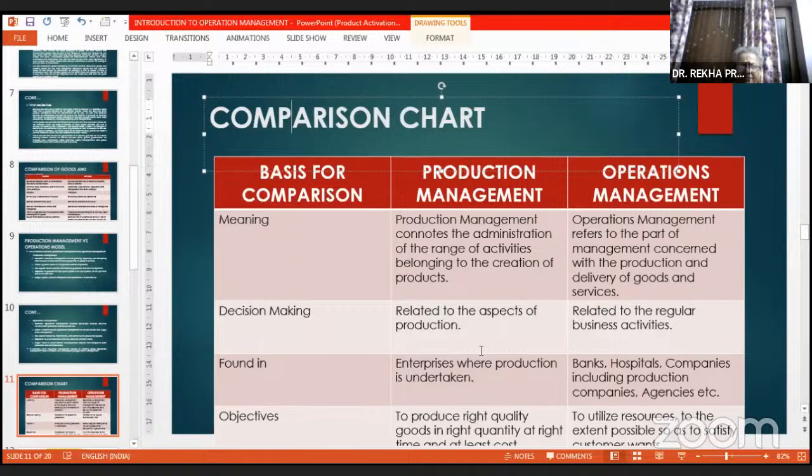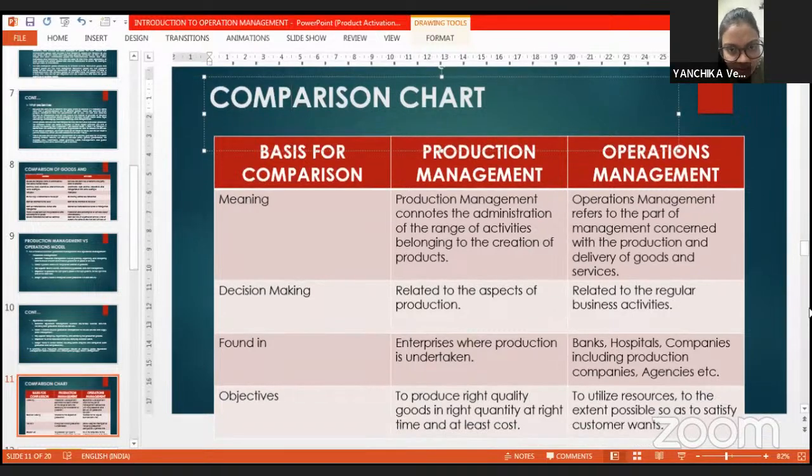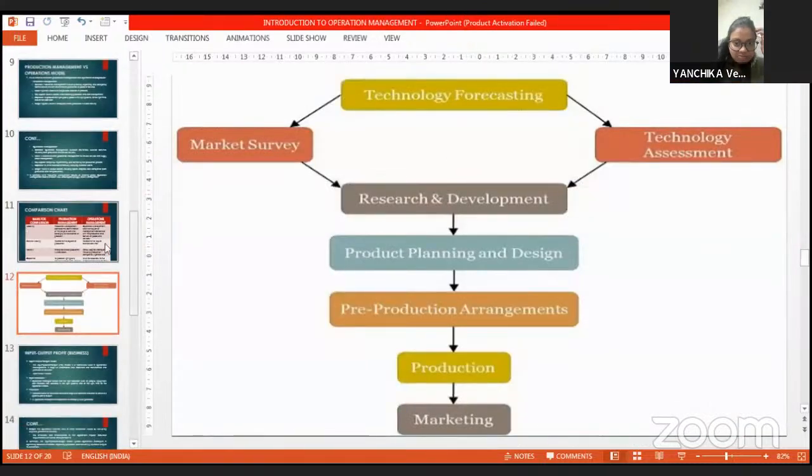Comparison chart, basic comparison, production management and operation management. Meaning: production management connotes the administration of the range of activities belonging to the creation of production. Decision making related to the aspects of production found in enterprises where production is undertaken. The objective is to produce the right quality goods